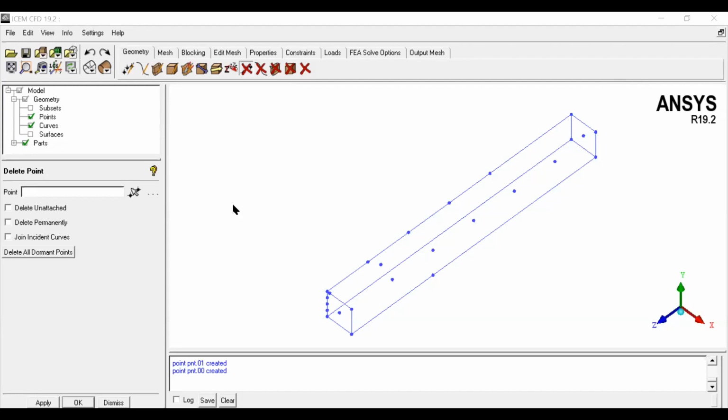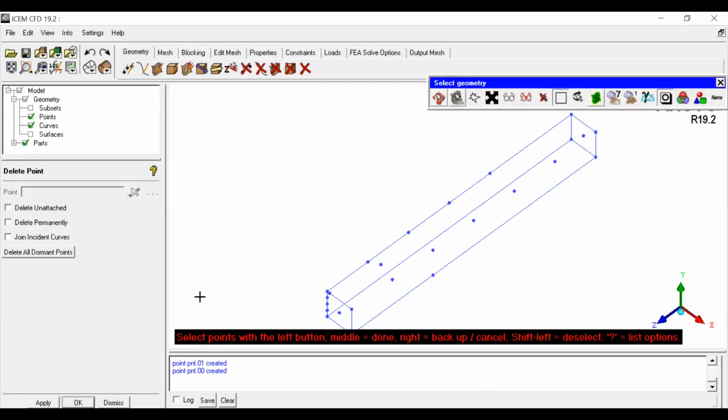Right. Let me come back to this. When you select this visible, all the points which are visible on the screen will be deleted. Suppose you want to specify some region, you can select this polygonal region. It will ask you to draw the region. I just want to delete these 2 points. I'm just doing it with the left mouse button, right? If you don't want it, you just right click the mouse button and that will be deselected. I just did the right click.